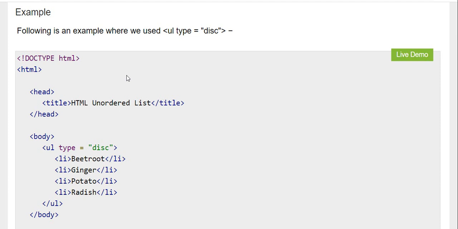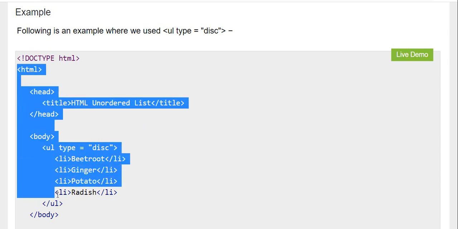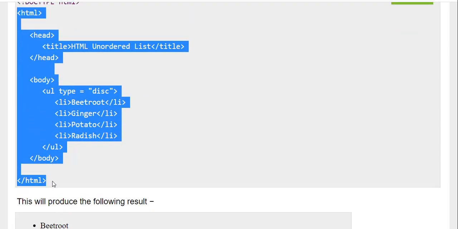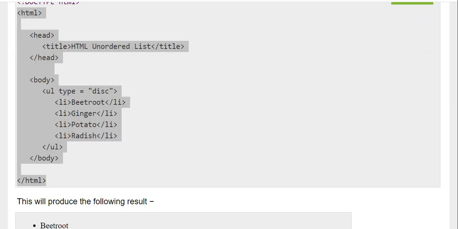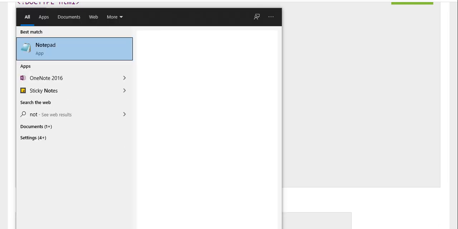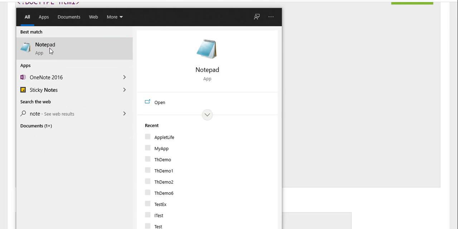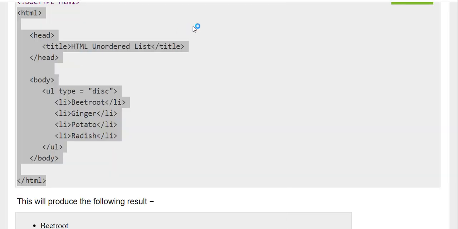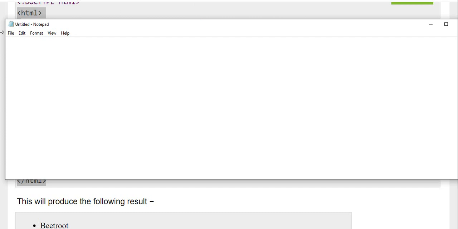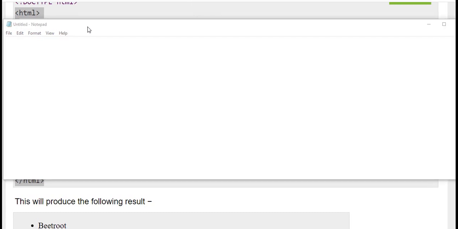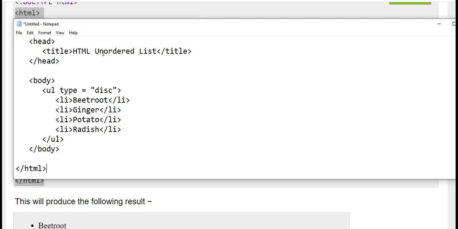Okay, clear? Unordered list. So I will show you this example. Copy. I will open Notepad. This is the program.